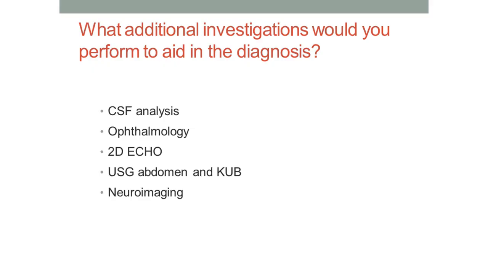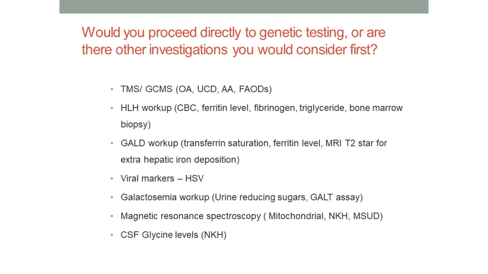So now when you have taken history in detail, you have examined, you have taken family history and birth history, what would you want to do? At this point you are thinking of IEM definitely. Then do you want to go ahead with genetic testing, or run certain more tests? Here I would say that you should send genetic testing right at the point when you think of it as IEM, but simultaneously you will